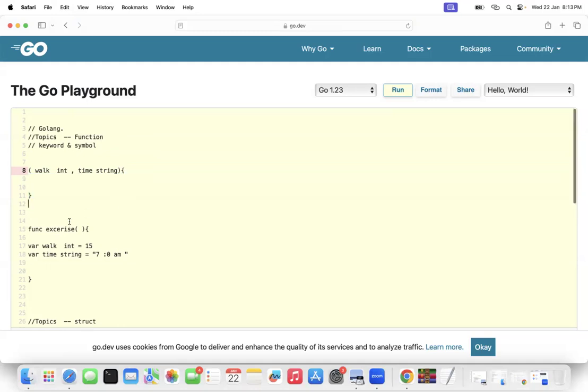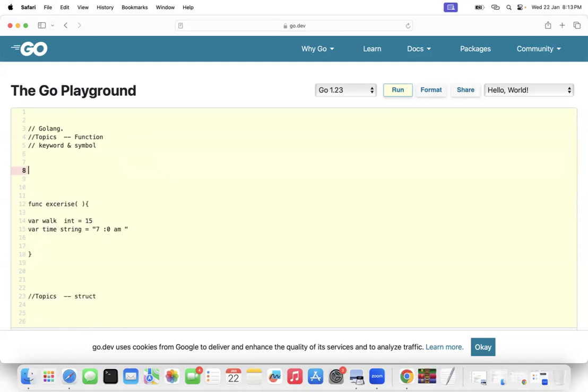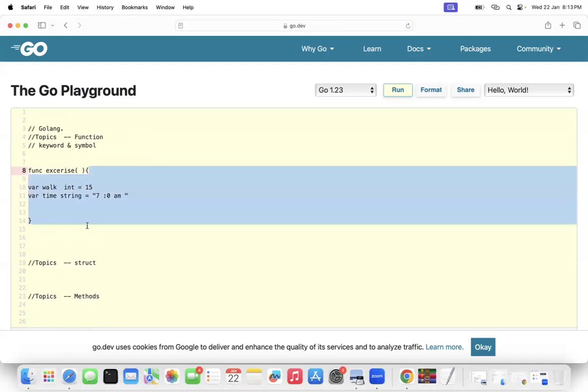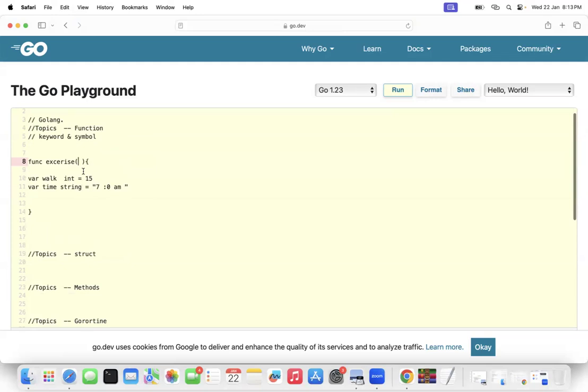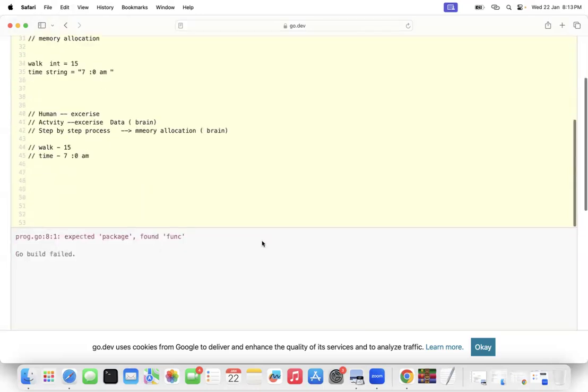See my point? Inside this curly bracket, I'm going to write code, which is the step-by-step process of a human being. Inside the round bracket I can write too, but I won't tell you that now. Currently, you can write only variables there. So you can write like this: walk, integer. You can specify that and run this program.